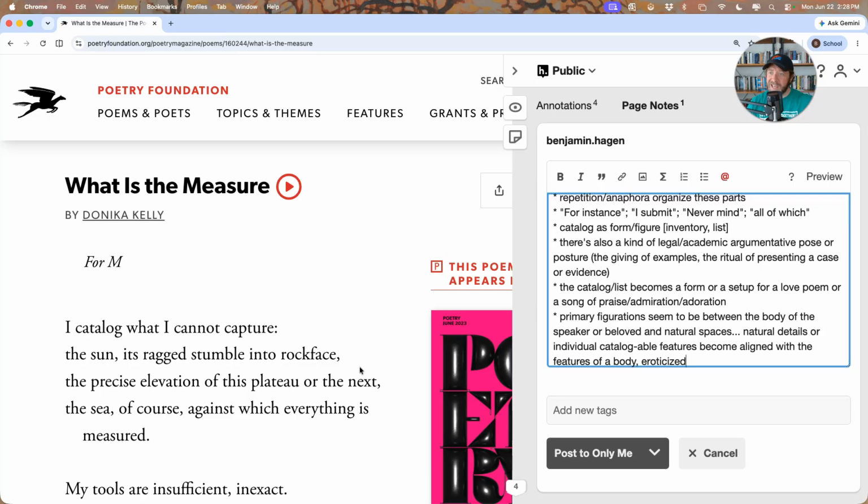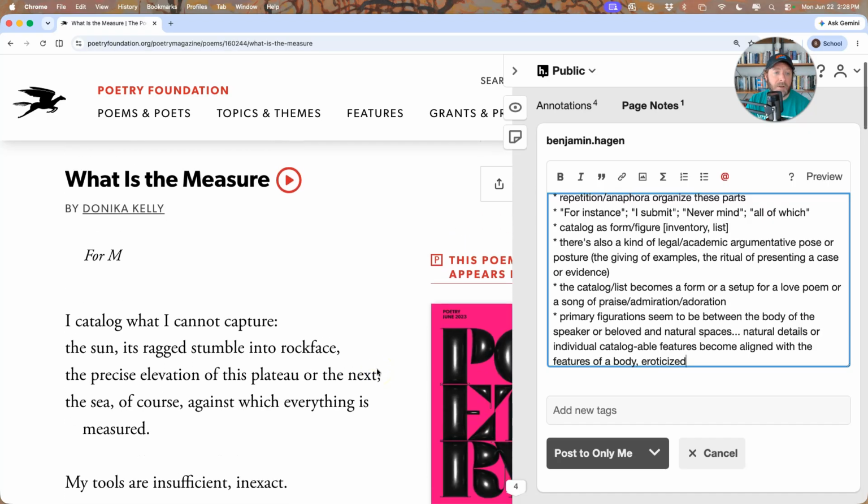So natural landscapes, and this isn't that unusual, become a mechanism for thinking about the relationship between bodies and the sort of pleasurable, loving expression of relationships or contacts between bodies.